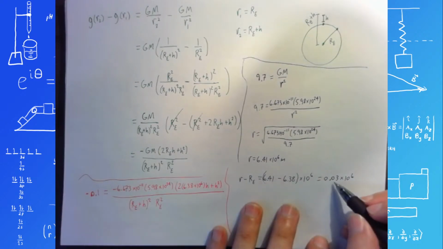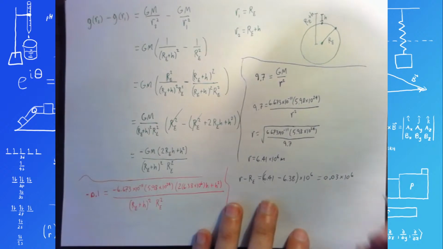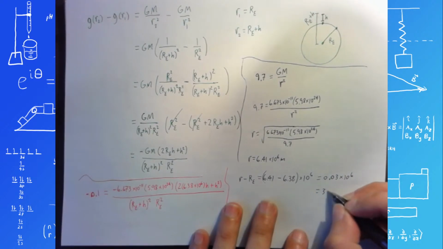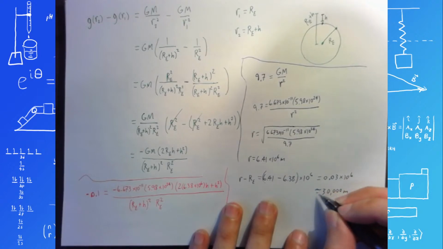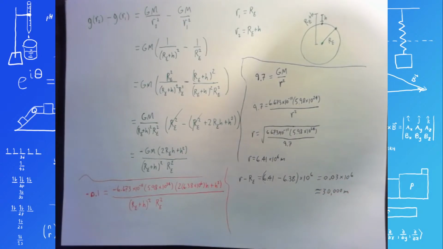Hold on. So it would be 3 times 10 to the 4, yeah, 30,000 meters, give or take. So yeah, you have to go 30,000 meters up into the sky before you see a 0.1 change in the